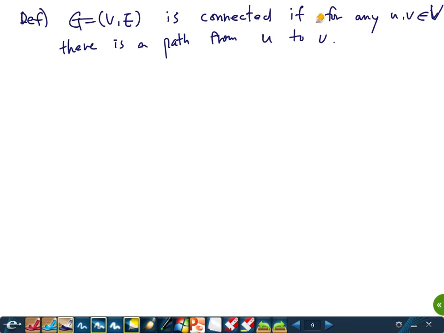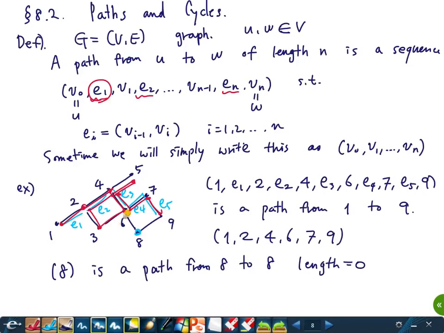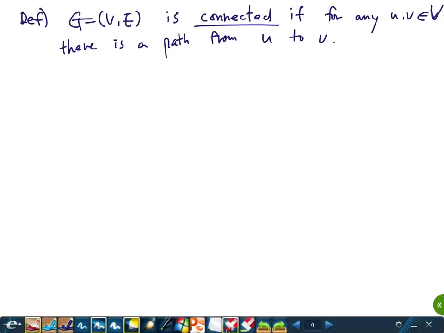So, according to this definition, this graph is connected because no matter how you choose two vertices, say 3 and 5, you can go from 3 to 5 using the edges, right? So it's connected. This is a connected graph. If it's not connected, we say that it's disconnected. So, for example,